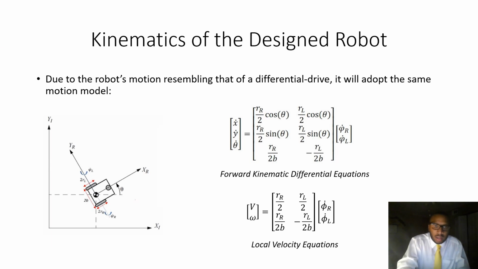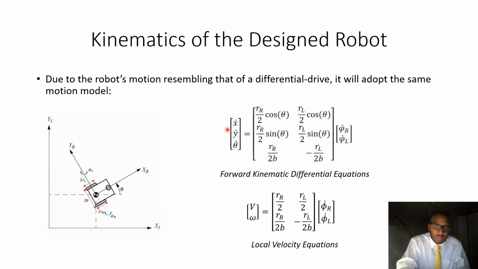And we can see in this image in the bottom left that we have a differential drive robot that is equipped with 2 wheels, and it has 2 frames of reference that it's using. It has a static inertial frame, X_I and Y_I, and also a body attached frame, which is X_R and Y_R. And we can see that in this first matrix equation, titled the forward kinematic differential equations, we can relate the